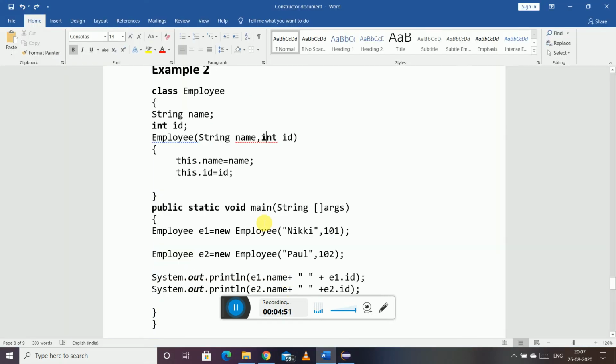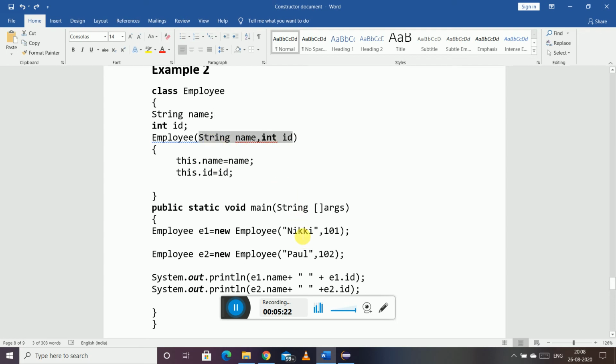Okay, because now this name and this id on the left side of the equal to sign are referring to these instance variables. This keyword is telling that this name and this id are actually the instance variables, and if these are the instance variables, then this name and this id on the right side of the equal to sign are referring to the parameters we have passed.